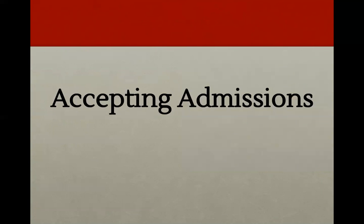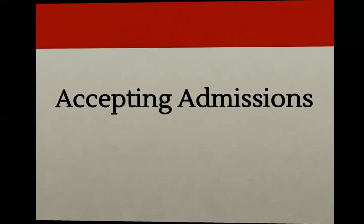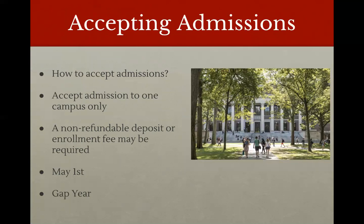Okay, now we'll be talking about how you can go about accepting your admissions. So how to accept admissions. Again, usually you'll do this within your college portal. Once you log in, it'll say you've been admitted or you've been accepted, and then you'll select yes, I'd like to commit to this university. And then sometimes there's an enrollment deposit or an enrollment fee that's associated with accepting admissions. So you'll just want to pay for that fee, so that they know that you are committed, and it's usually